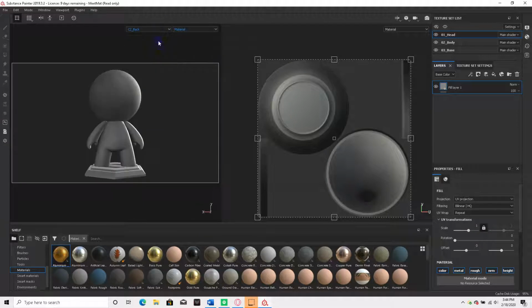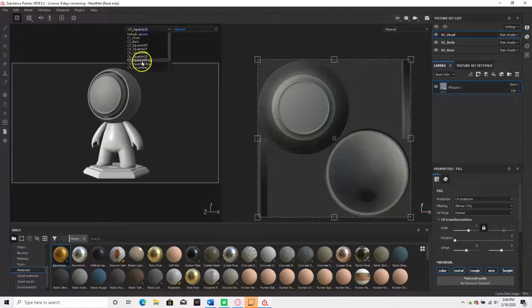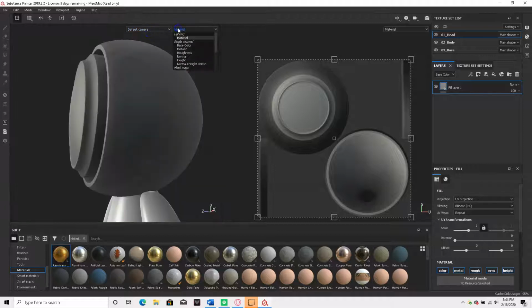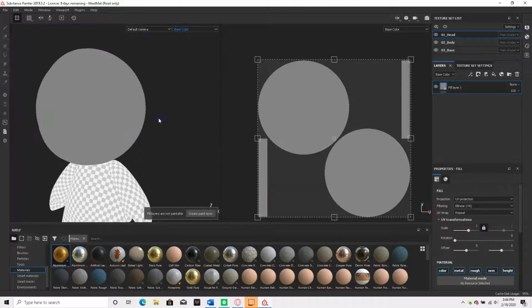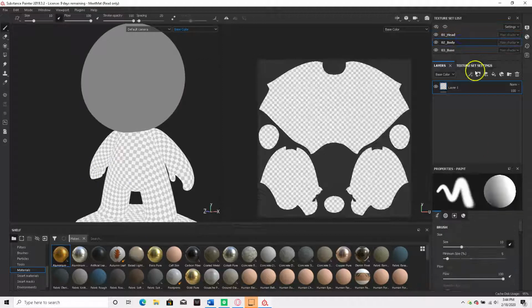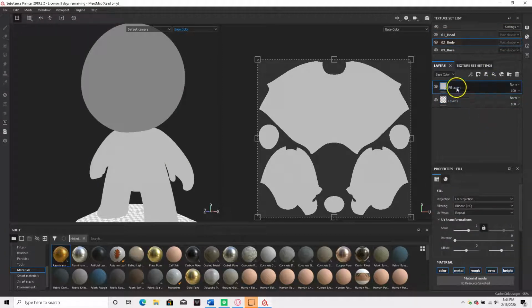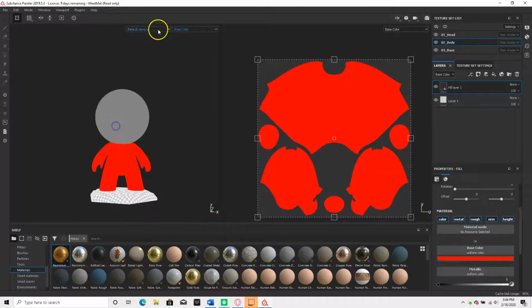Go over here to change your perspective of the mesh, so you can have like front, back, left, right. You can really get creative with these perspectives. Now, if you look over to the material bar, you can see the different parts of your material. So you can see specifically the base color. So I have gray on the head, but I don't have really any other colors on the other parts of the mesh. Until now, when I put in red,